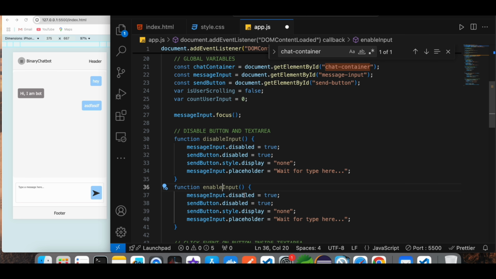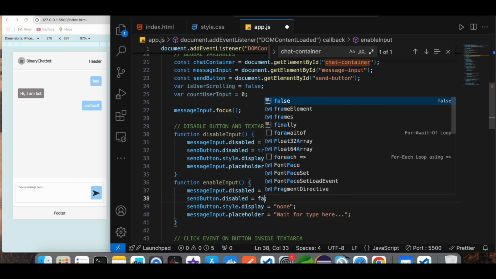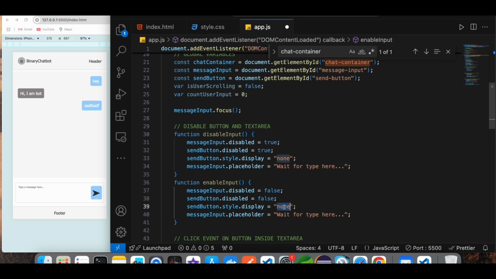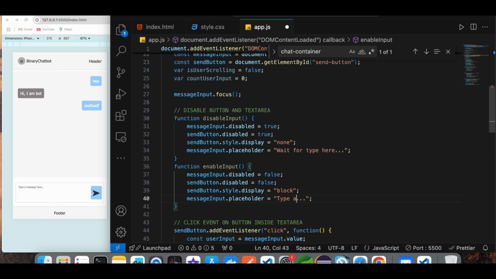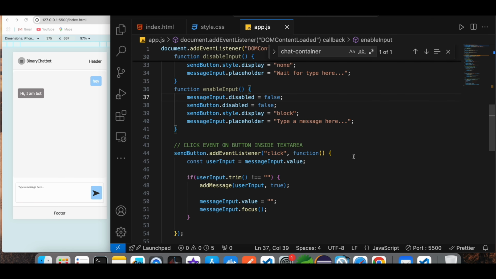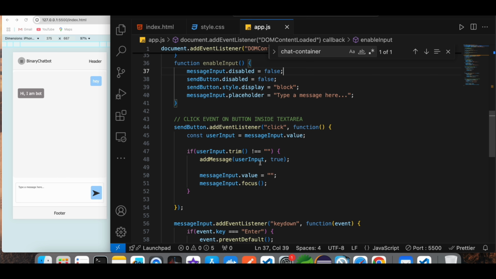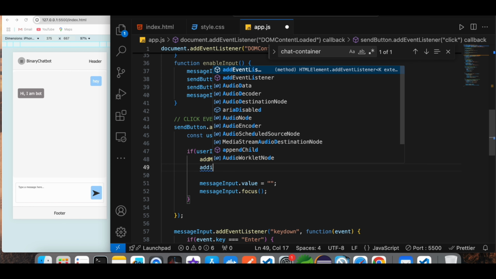And the next one is for enable. And the placeholder message is again "type a message here". Okay, move on. Next one is here, if